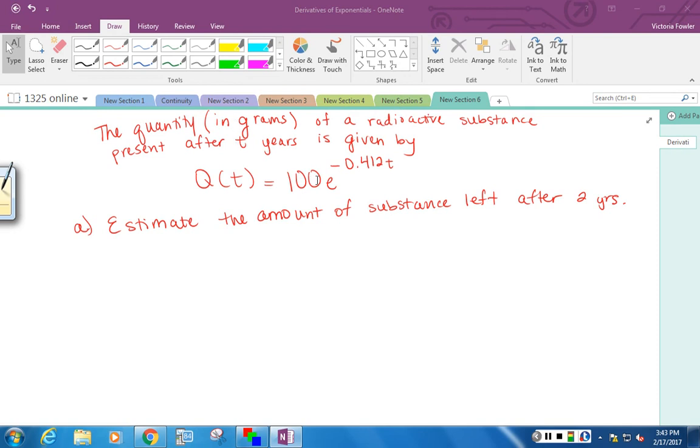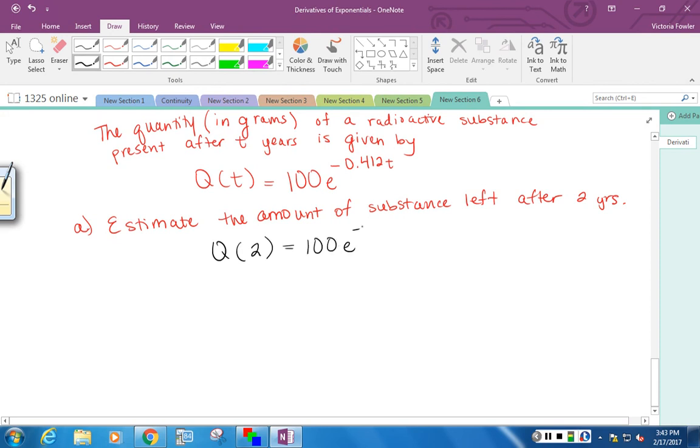Now this gives me the quantity left after a number of years. So for this first part, it should be pretty nice and easy. I'm just plugging in time to be 2 years, so I will pull out my calculator and plug in wherever there's a T, in this case in one spot, the value of 2, representing 2 years. So you pull out your calculator, you hit where natural log is, you type in this, and let's say we want it to the nearest thousandth. So I would get